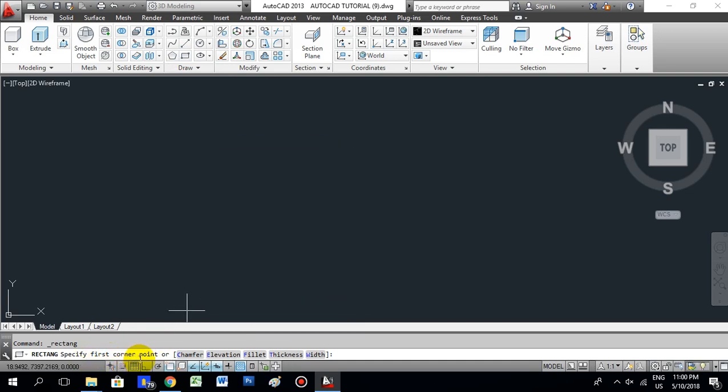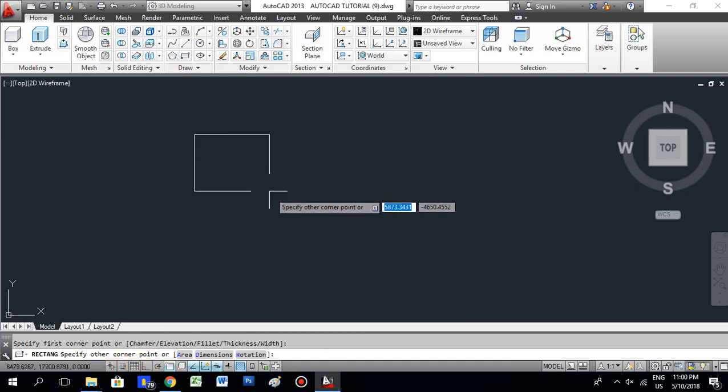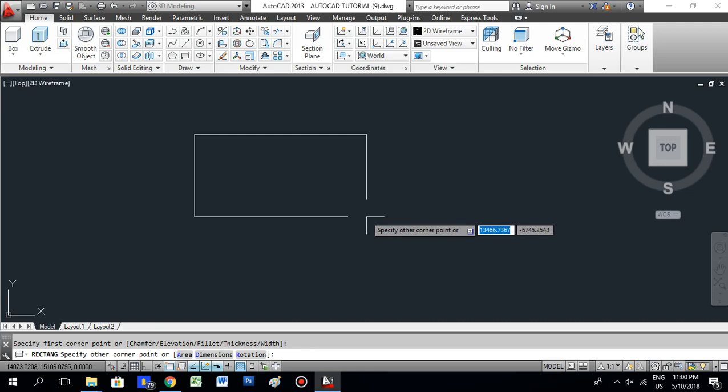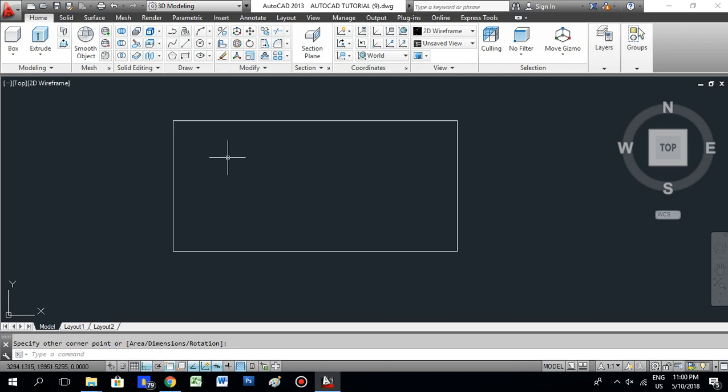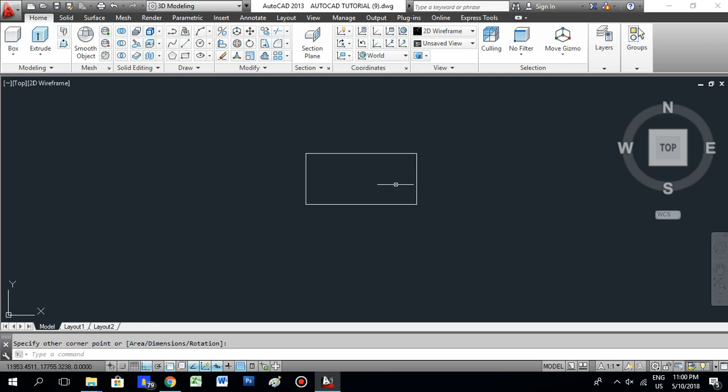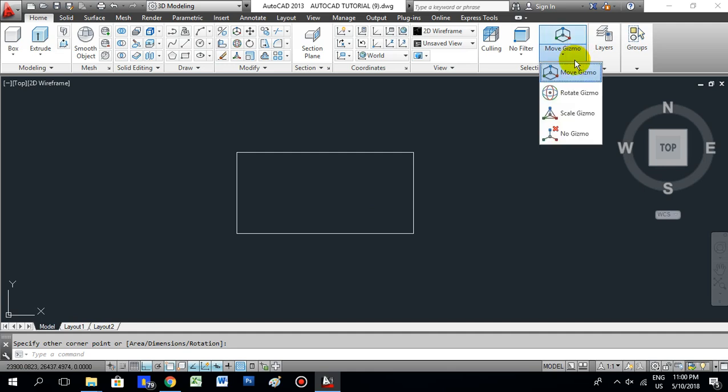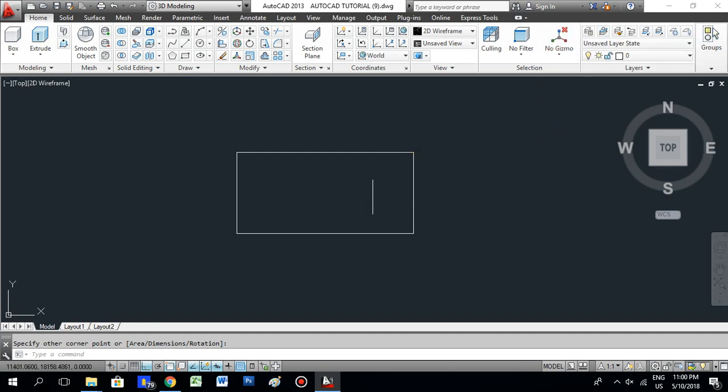It's asking to select the first corner point and the other corner point. Okay, I have created one rectangle. Now I'm going to hatch this rectangle. For that you have to type hatch,